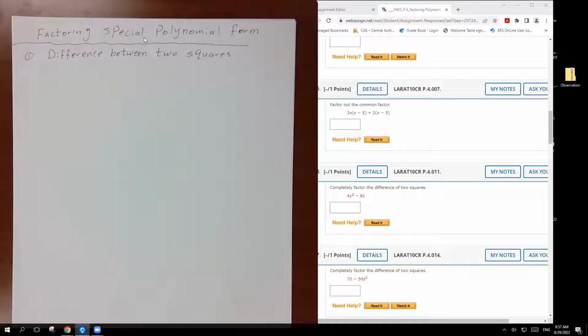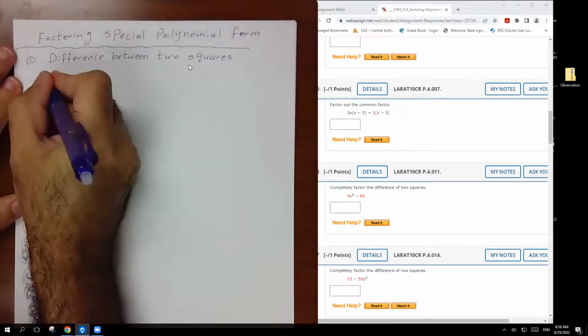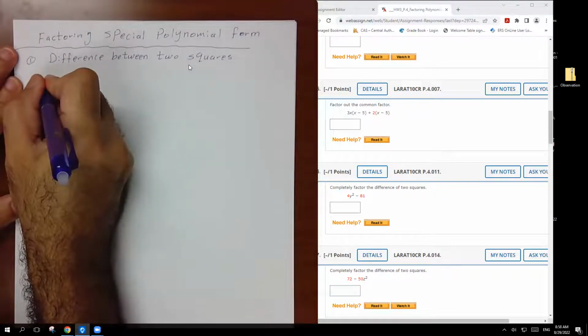So factor in special polynomial form. If you have difference between two squares, difference between two squares. So here is the rule. So if you have u squared